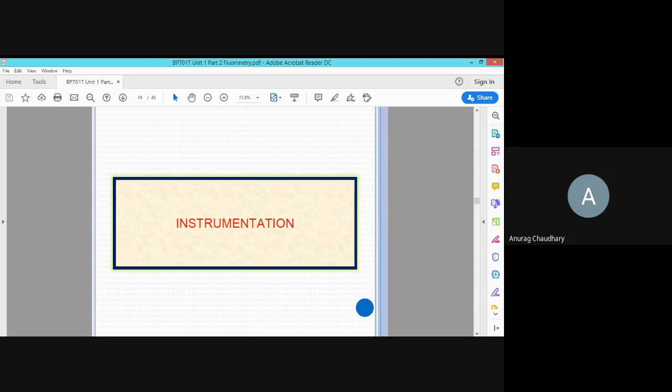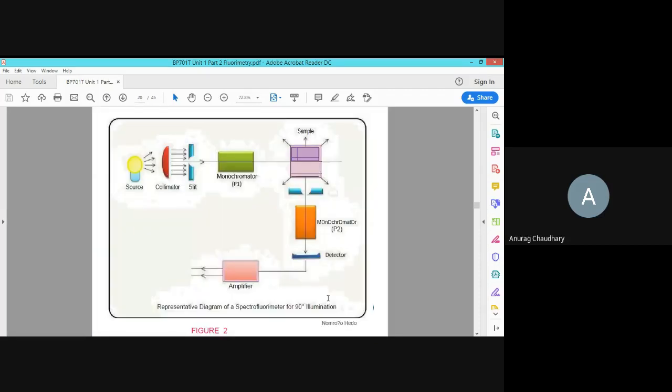So next topic in fluorimetry is instrumentation. And instrumentation, if we saw the different parts of the instrument, we can see that a typical fluorimeter or fluorospectrometer contains a source of light, then a collimator, after that a slit, followed by a monochromator,